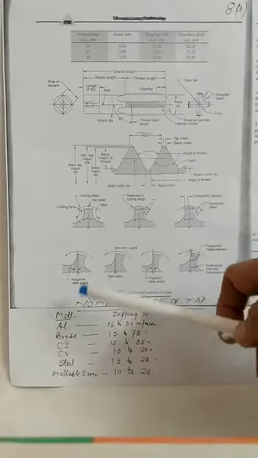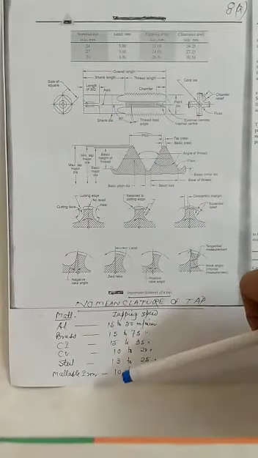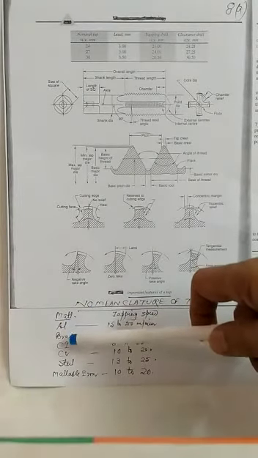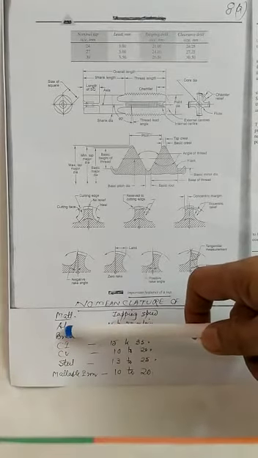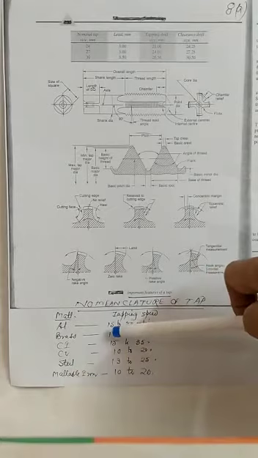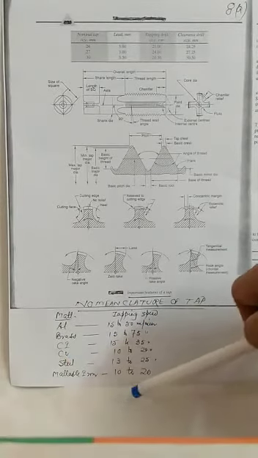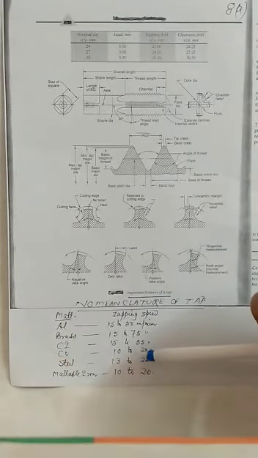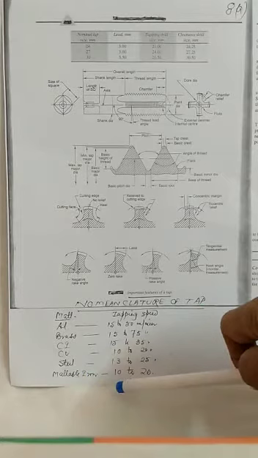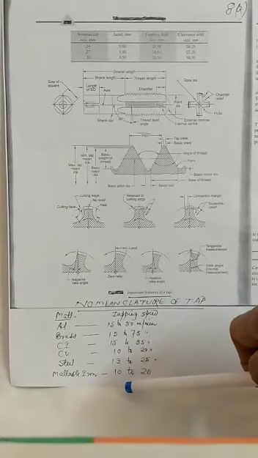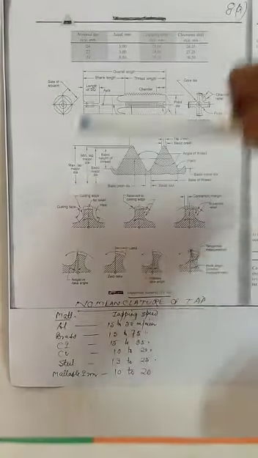At the time of the tapping operation in a drilling machine, the speeds are different, and that depends on the material being machined. If we cut aluminium, then the tapping speed will be 15 to 50 meters per minute. But whenever we cut cast iron, the speed will be 15 to 35 meters per minute. And whenever we cut steel, the harder material, then the speed will be slightly lesser, 13 to 25 meters per minute. So this is the nomenclature of the tap.